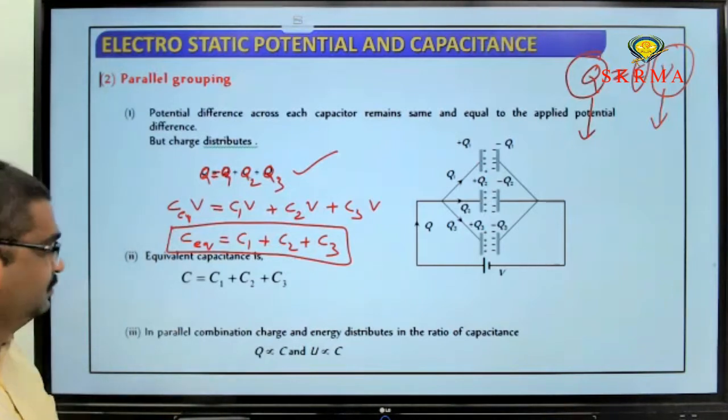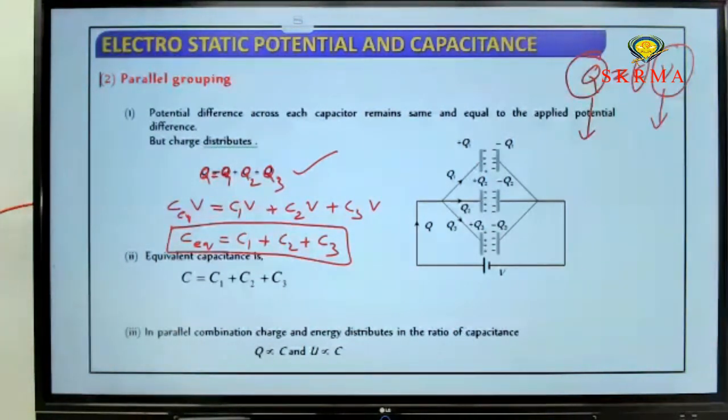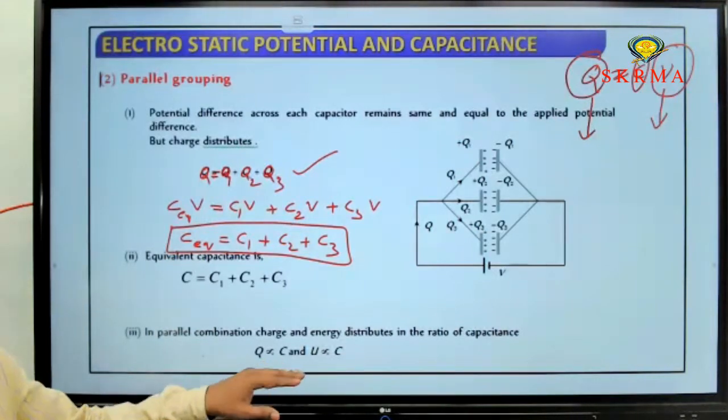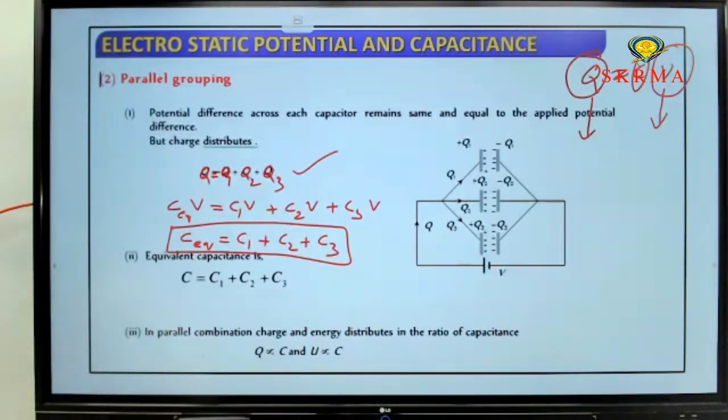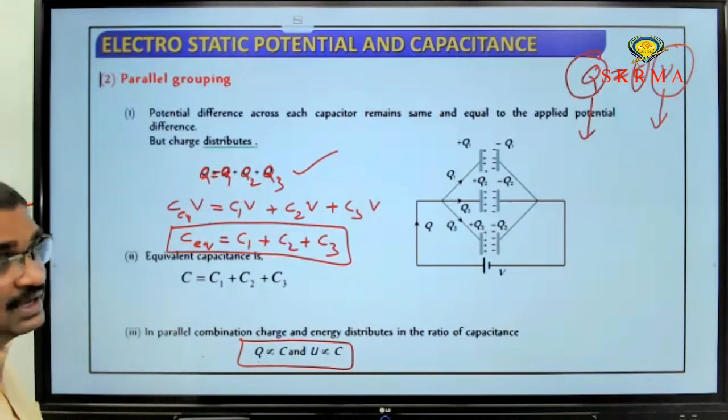Can I go through the next one? Now, another point in parallel combination: charge is directly proportional to capacitance, and energy is also directly proportional to capacitance. These are important for theoretical questions. In parallel combination, charge and capacitance are directly proportional. Why? Because